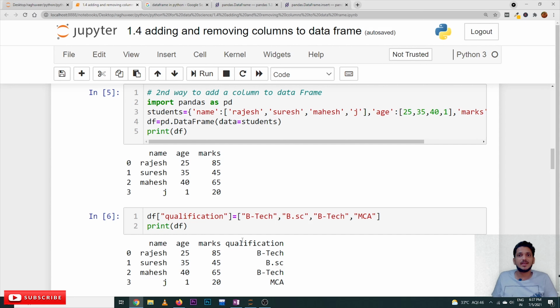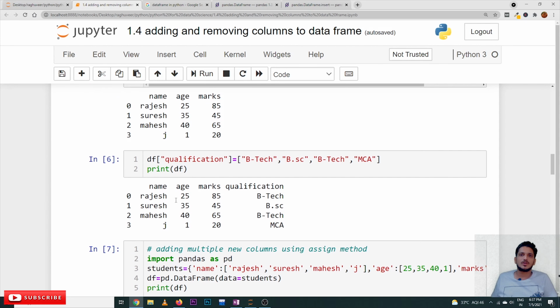The same way, df of qualification is not there, that's why it is appended to the existing data frame. Df of qualification is equal to, we have to mention the list of values that are present in that column. By default, it will add to the end of the data frame. 0th column, first column, second column, and the last one is added as qualification. This is the second way of adding a new column to the data frame.